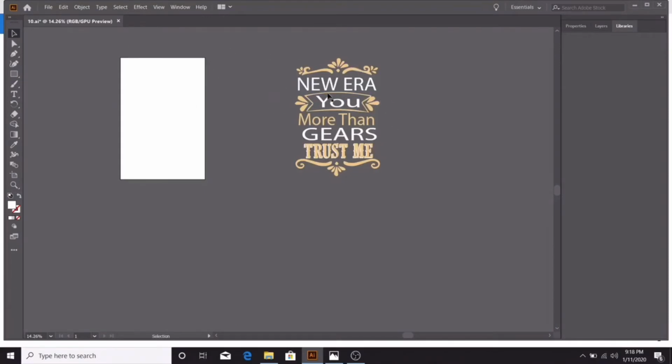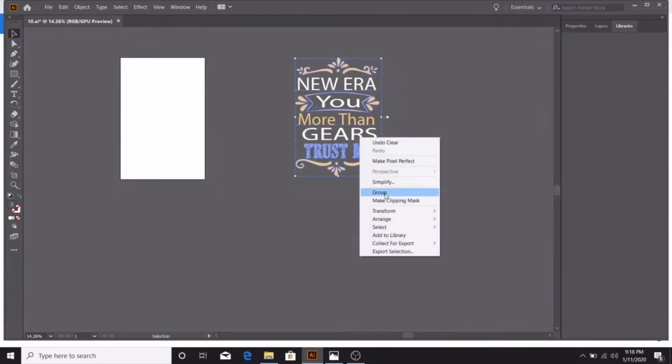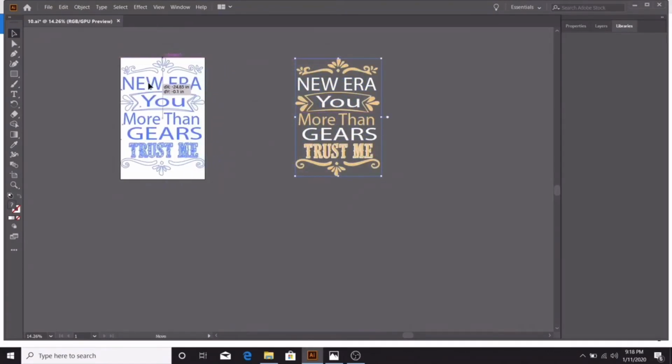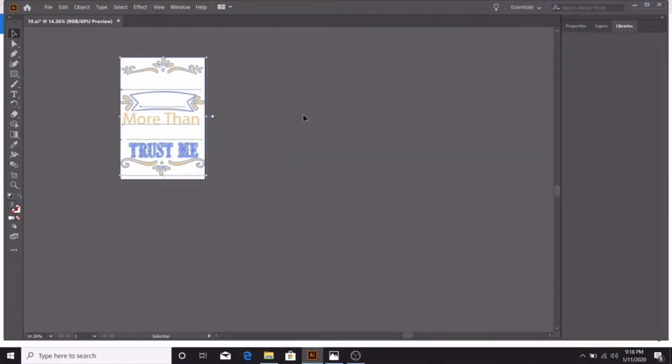Now, this design you just edited over here to your right, you want to select it all. Okay, you right click and you group it together. That way everything's grouped together. So you hit group. Now you can move this design over to this background. Okay, boom. Now that you have it onto that background, guys, now what you can do is you can